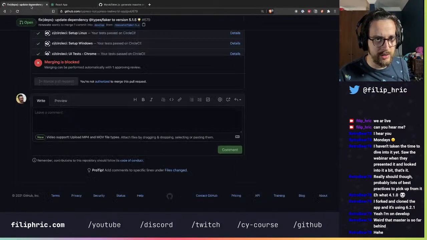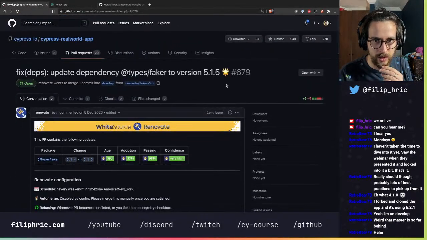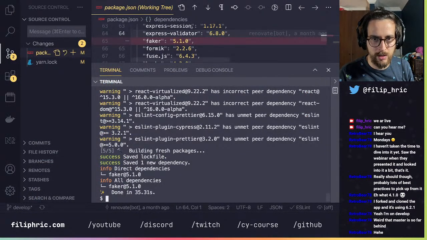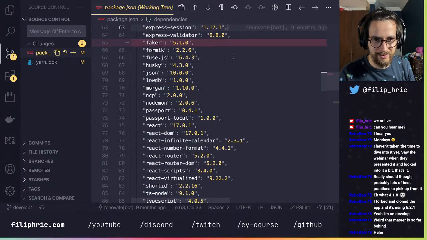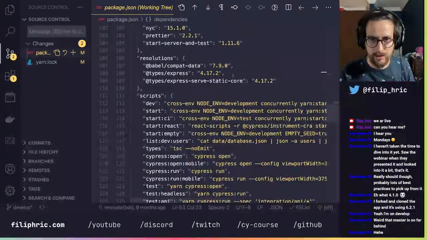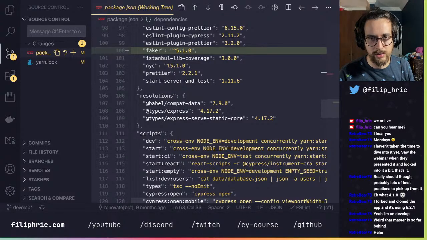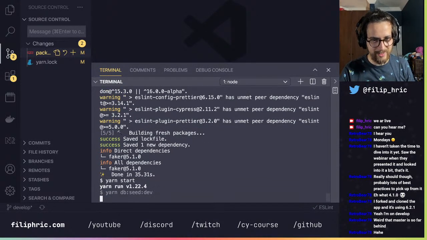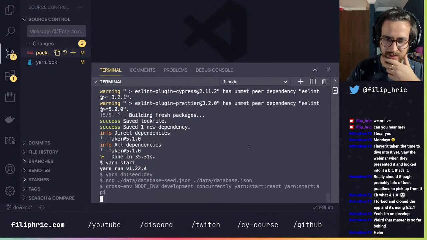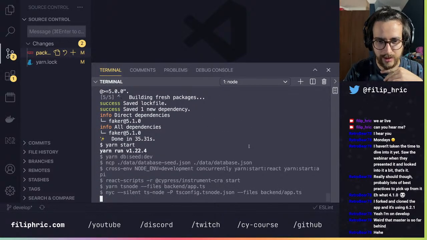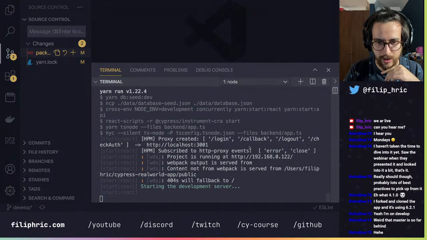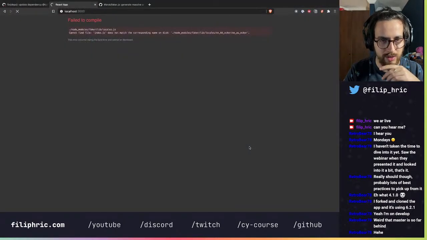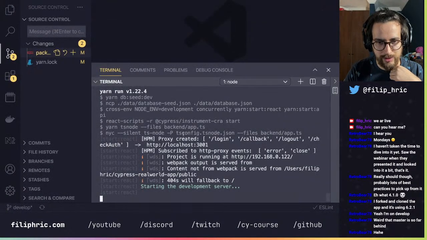Oh, it was in this dependency, dependabot here, 5.1.5. So let's see. It's still 5.1.0. Oh no, wait. Yeah, it's still 5.1.0. Oh man. So it didn't change the version, so doesn't seem like there should be much change here. But let's see.